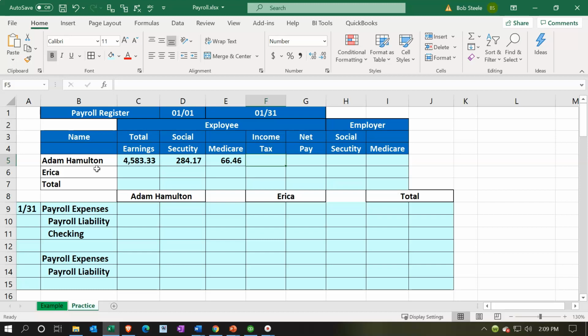This one is by far the most confusing one to pick up because it is a progressive tax. So we cannot easily calculate it. We can't just use a rate like a flat tax. We have to use some complex system. And this is where paying for payroll starts to pay off. Paying for payroll pays off with the federal income tax because you have to look at basically tables to do